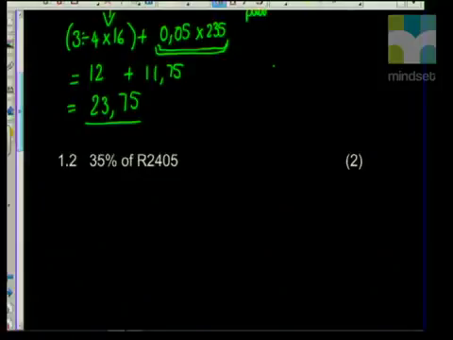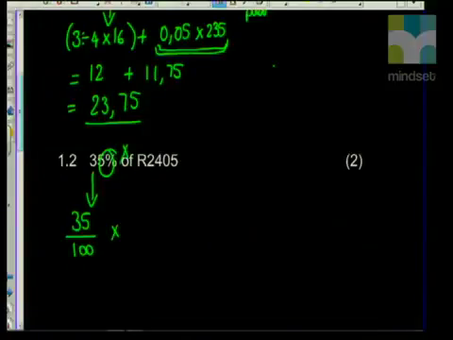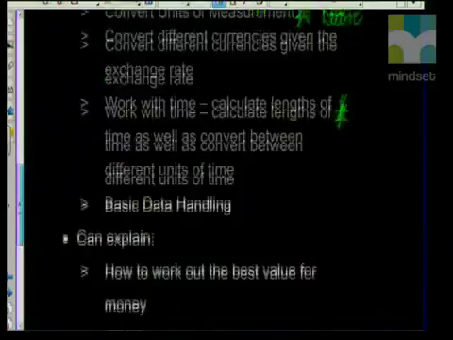Okay, let's go on to question 1.2. Now, when we're talking about percentages, we need to remember that a percentage basically means divide by 100. So what I could do is write my 35% as 35 over 100. Of always means times, and then we've got